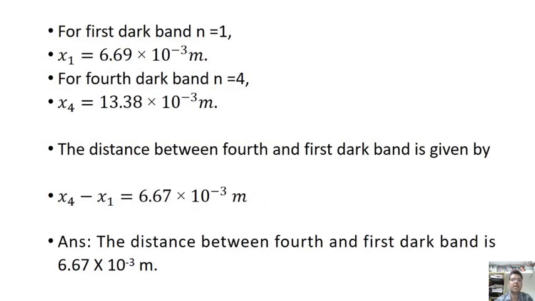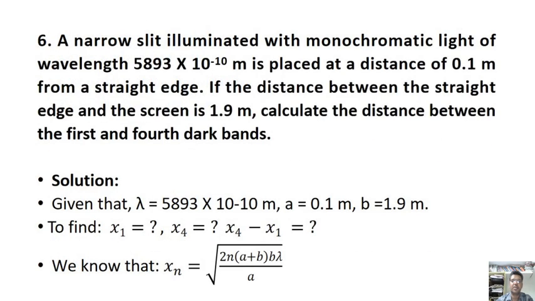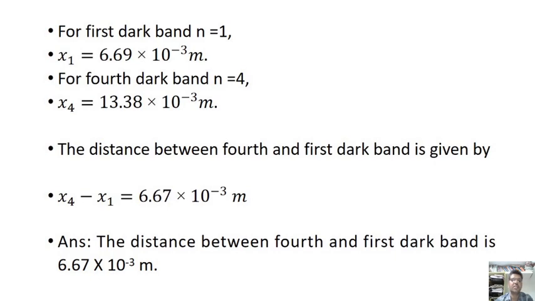So for the first dark fringe, n is equal to 1. So x1 is equal to 6.69 × 10⁻³ meter. For the fourth dark fringe, n is equal to 4, x4, calculating with the previous formula, 2n of a plus b of bn by a, is equal to 13.3 × 10⁻³ meter. When we know x1 and x4, the distance between the fourth and first dark band is given